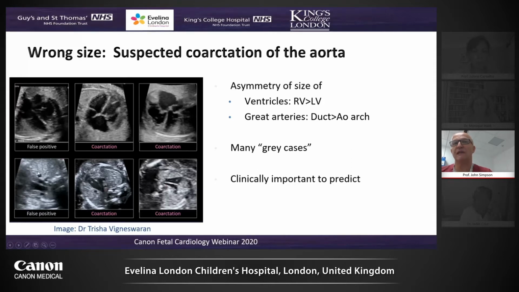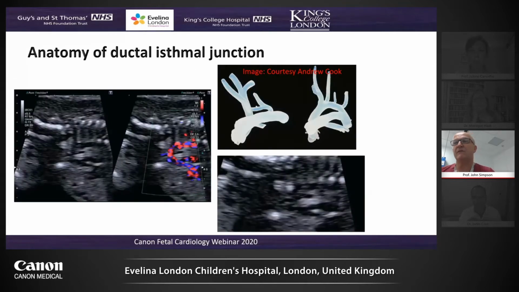You may also see this discrepancy, that very often there may be bilateral superior vena cavas, so you don't just see one SVC on the right, but another one here over on the left in a couple of these examples. But this is a very important lesion for us to predict clinically, as its prenatal diagnosis is associated with improved outcome. Now this is a really nice